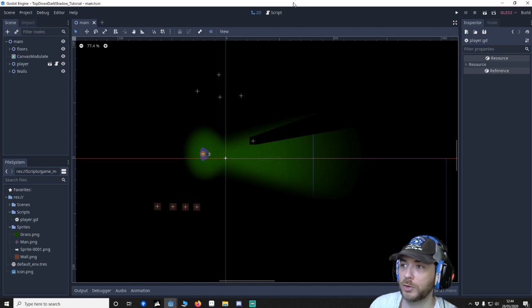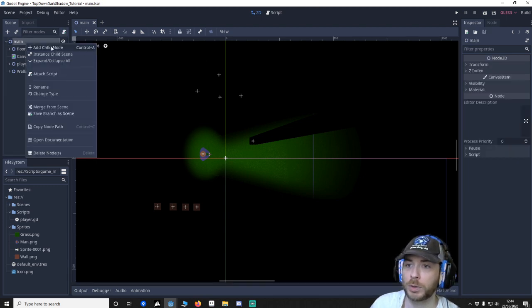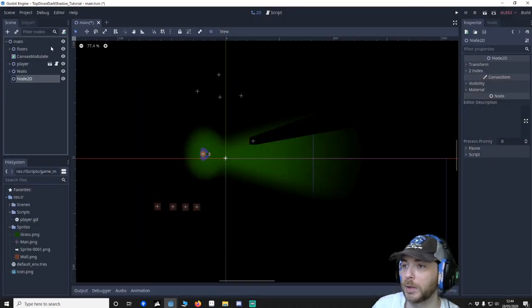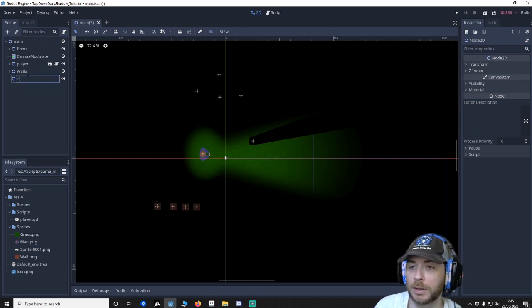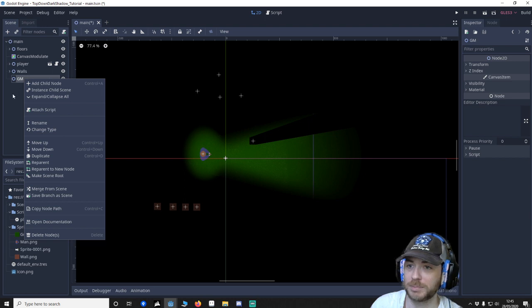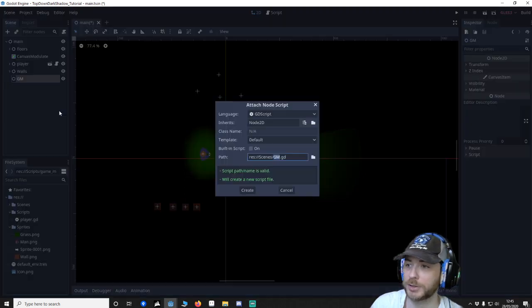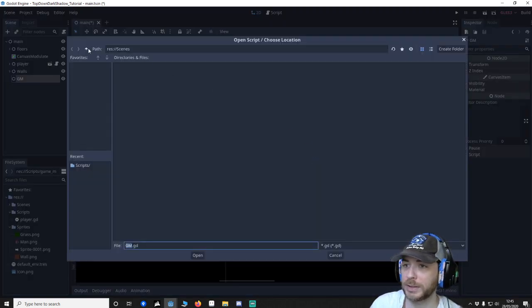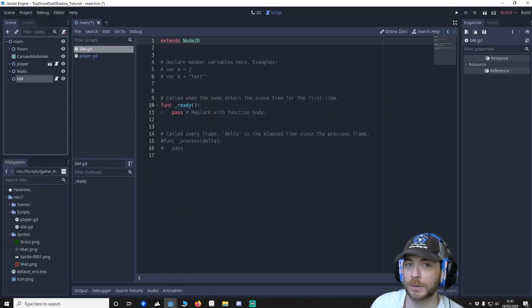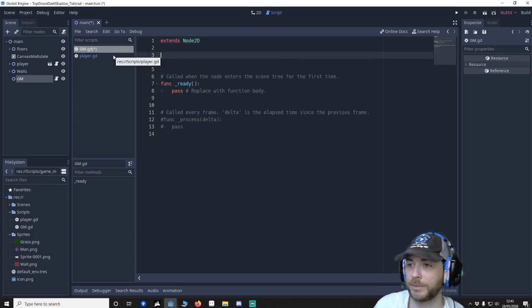So this is the project that you'll have. The first thing we're going to do is make a new node. We're going to call this GM for Game Manager. You can name it whatever you want, but that's how I would name it. Attach a script. I'm going to make sure that it's in our script folder. GM, open, save. And what we're going to do is define some variables, export